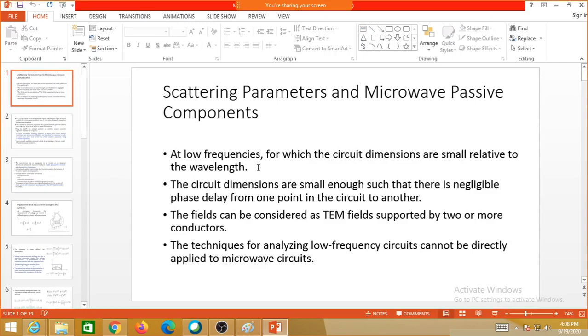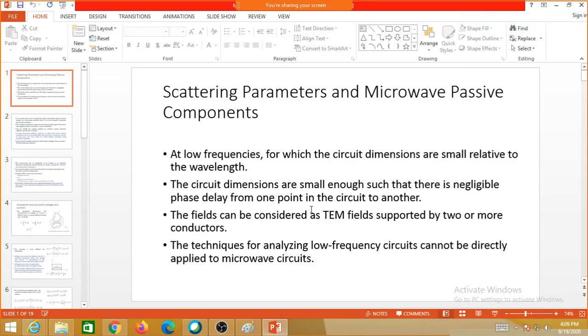If you give an example, if you input a signal from the signal generator to an oscillator and look at the waveform, whatever peak to peak voltage you give, say 5 volts, will appear as nearly 5 volts at the oscillator, when measured at low frequencies in terms of kilohertz or megahertz. This happens because the circuit is very small compared to the wavelength you are operating at, so whatever input voltage you give appears at the output.